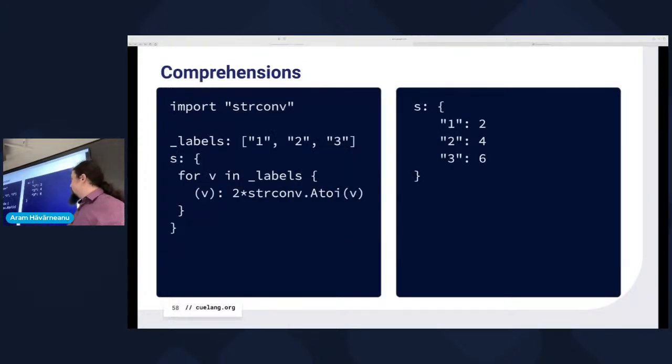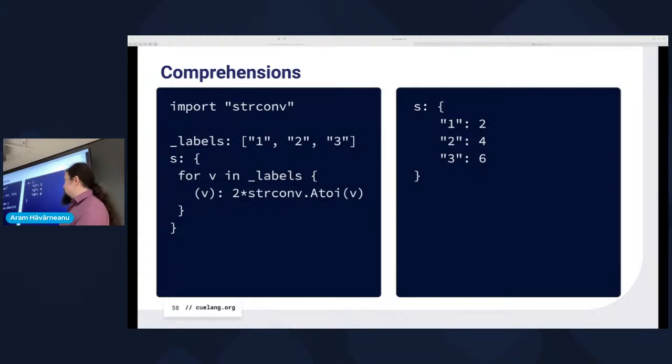Now, the main important part of Q and the most interesting part of Q is the comprehensions. We're not going to go into a lot of detail here. Q values, without comprehensions, form topological structures because things can refer to other things. If you don't like the word topology, they have a shape. What comprehensions allow us to do is take that shape into account and generate a new shape. So the input to this is that we want to reason about the shape itself, not necessarily about the values there, but we can definitely use the values.